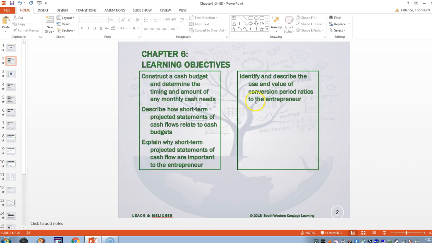All right, so we're going to construct a simple cash budget and determine the timing and amount of any cash needed. And we're going to describe how short-term projected statements of cash flows will relate to the cash budget. And of course, we need to know why short-term projected statements are important to a new startup or entrepreneur. And we're going to identify and describe the use of the conversion period ratios, which will lead us to the